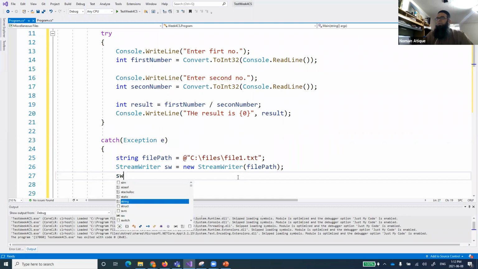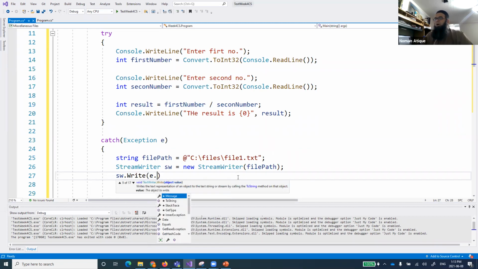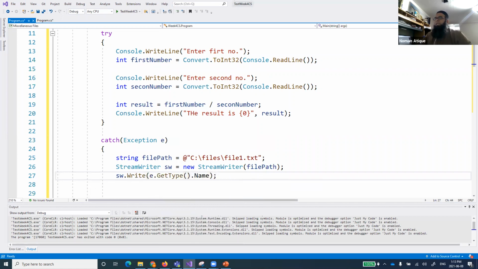And now to write that, what we do is at sw and Write is a function used to write in the files. So what we do is that we are doing e.GetType. What is this e.GetType? Can anyone tell me? Dot Name. Now, exception, there are different types of exception that can occur. It can be a form problem, it can be a number divided by 0 or something. So I am saying that whatever exception has occurred, get its type. So GetType is one method that will provide me what type of exception has occurred. Does that make sense to everyone? And also I'm taking its name and I'm printing that name into the file.